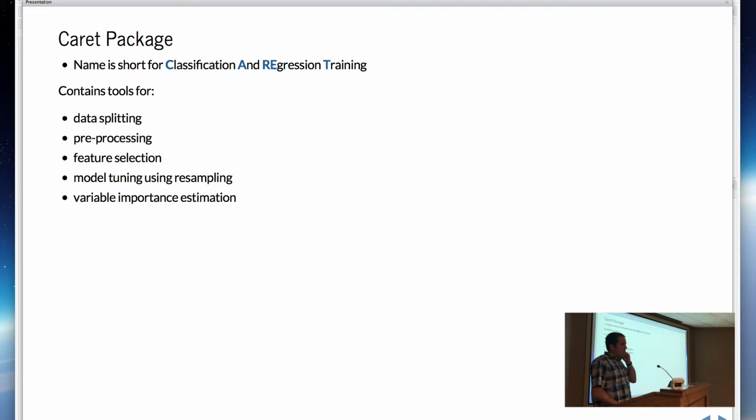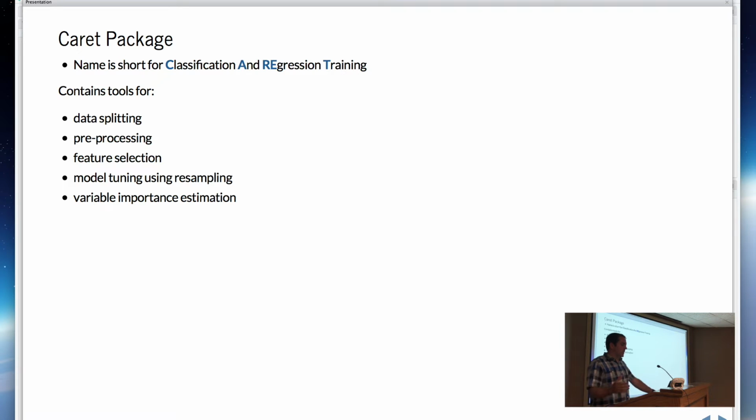So most machine learning in R outside of deep learning is going to be done inside the Caret package. The name is short for classification and regression training. It's not really so much a package of machine learning as it is a superset of a bunch of packages of machine learning, kind of a wrapper and an interface for quite a few modeling packages.